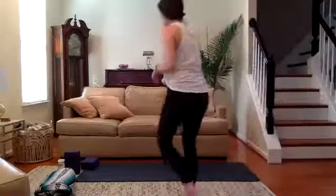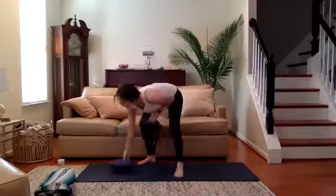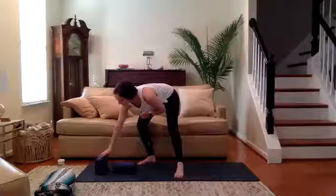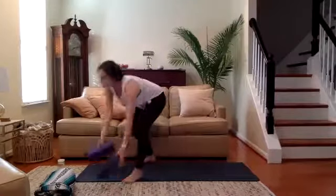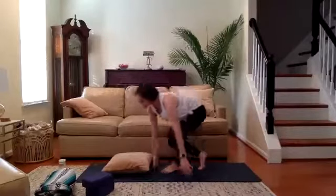So come to your mats. If you have 2 blocks, you'll place 1 block vertical underneath your spine on a low or high height, depending on how high you want your heart lifted. And the other one you can place perpendicular to that block, and then just have it a little bit higher. If you don't have blocks, you can take a rolled up blanket or a pillow and just